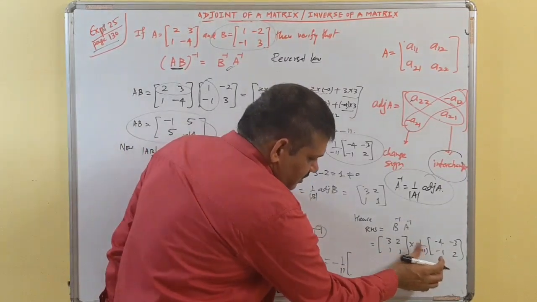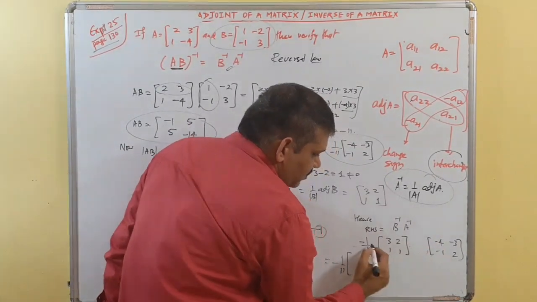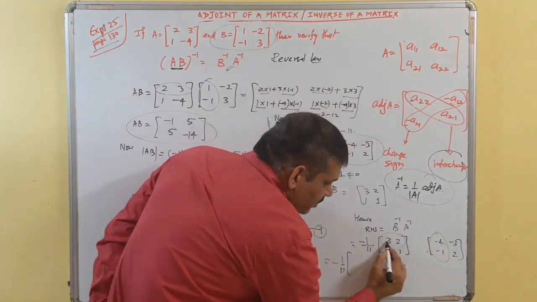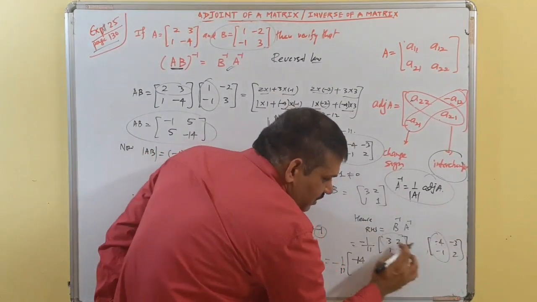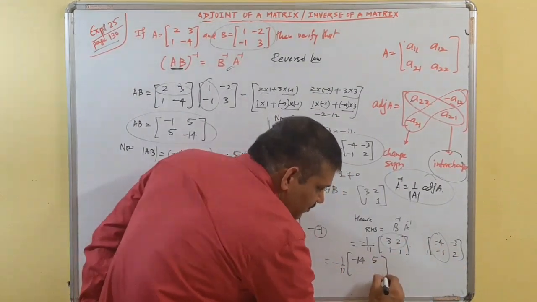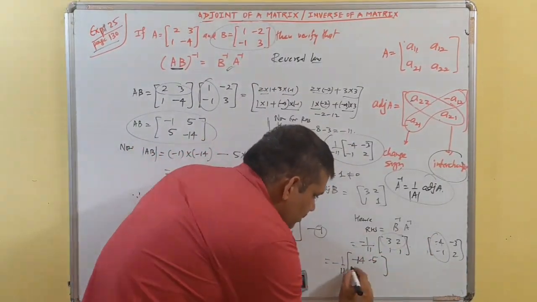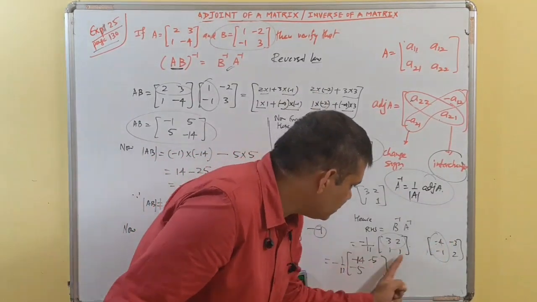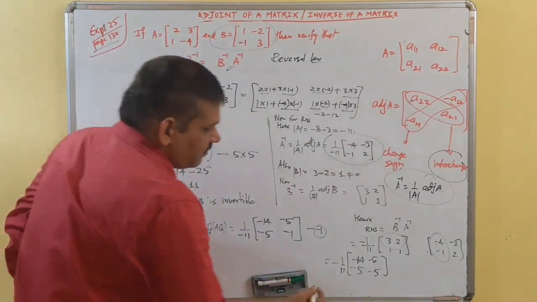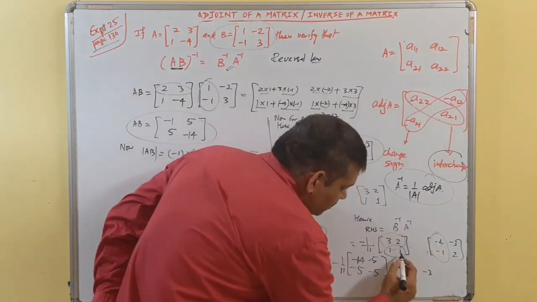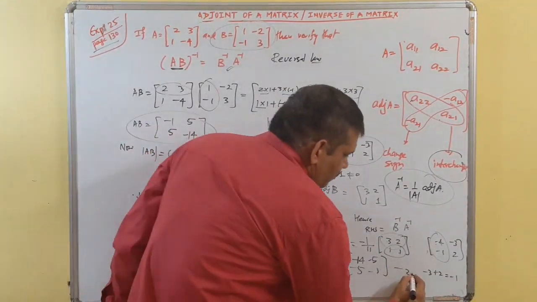So we multiply these two matrices. We can write it like this, minus 1 upon 11 times this. Now see the product. 3 into minus 4, minus 12 minus 2, minus 12 minus 2 is minus 14. This will be multiplied by this: minus 9 plus 4 will give me minus 5. Again, this will be multiplied by this: minus 4 minus 1 is minus 5. This will be multiplied by this: minus 3 plus 2 is minus 1. So this will give me minus 1. So this is equation number 2. From 1 and 2